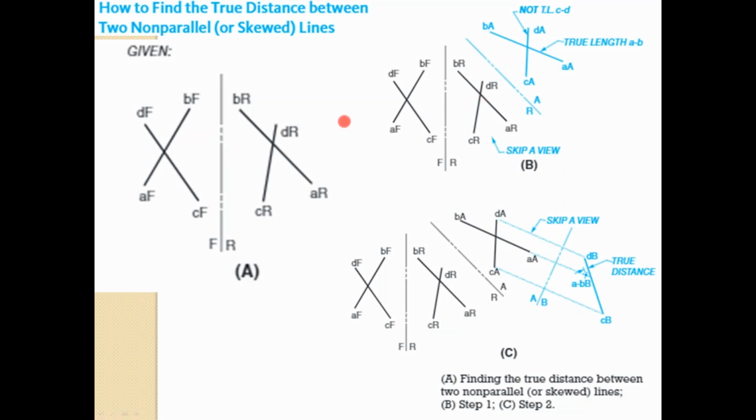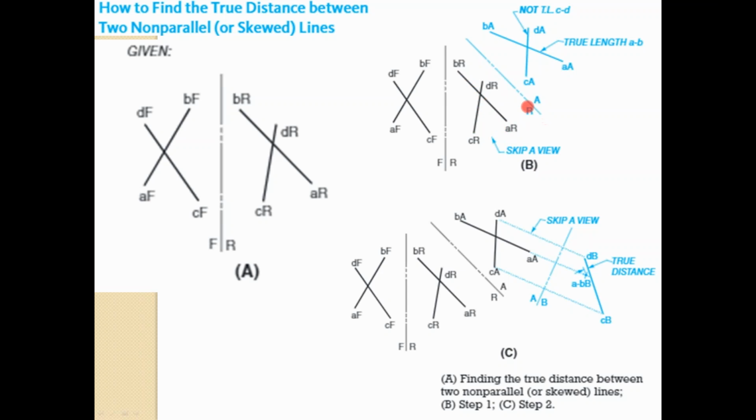When you get to this front view and the rear view, you're going to get this auxiliary view by projecting this perpendicular to the fold line. And then once you establish these two lines, this is the true length of AB, and